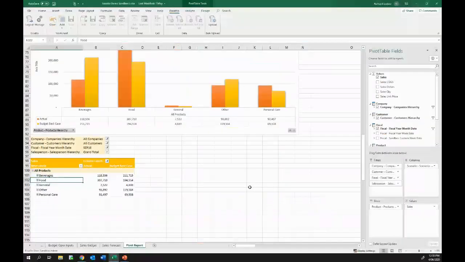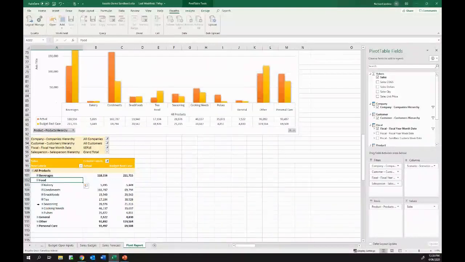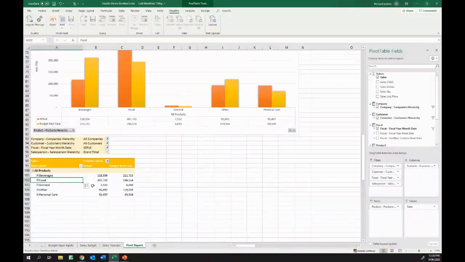Okay, so same data that I was looking at before in the web, except now I'm accessing that information via a Microsoft Excel pivot table. And you can see I've got my same categories, beverages, food, etc. I'm looking at actuals versus budgets across those categories. And you've got all of your Excel capability in terms of a pivot table to drill into the information